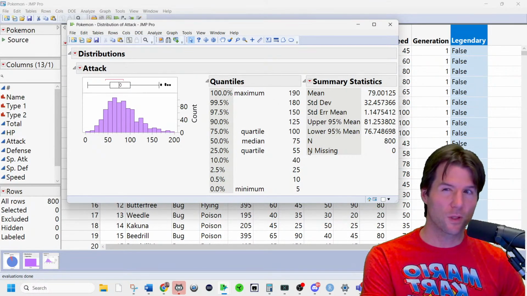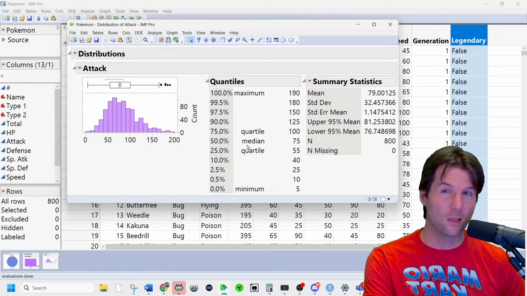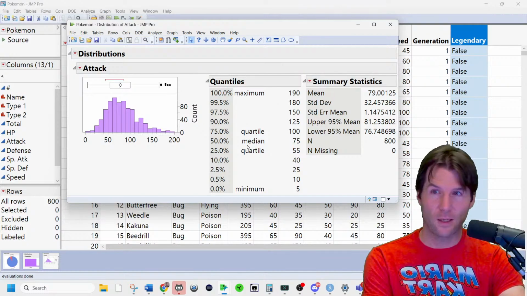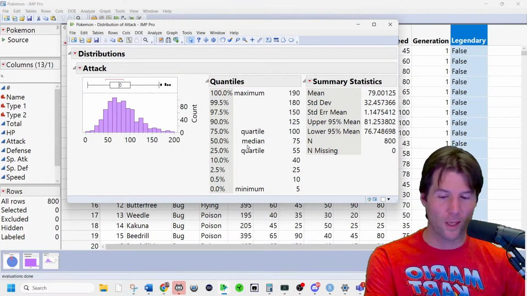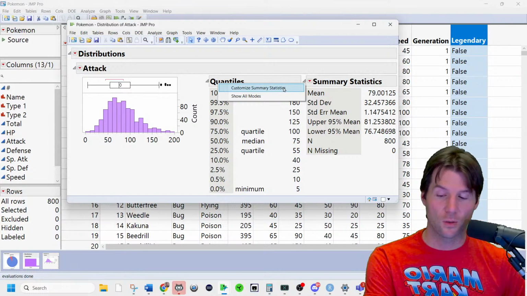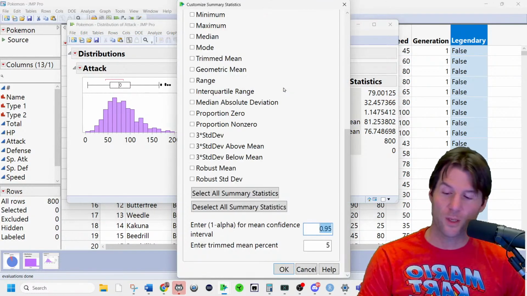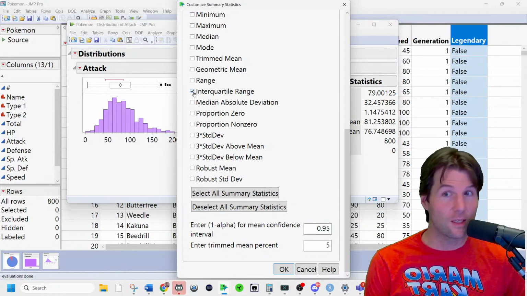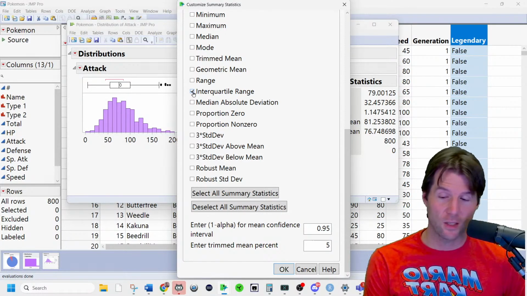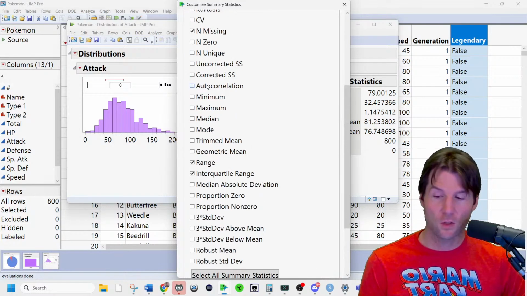Now, you should be able to see a lot of the values, like the mean, the standard deviation, and the median. If you don't see certain values, you can make a lot of them appear by clicking the red arrow, which is where all the options are at, and scrolling down to Customize Summary Statistics, so you can edit them. When you go to Customize Summary Statistics, you could include things like the interquartile range, the IQR, along with things like the range of the data. It doesn't hurt to add on something like